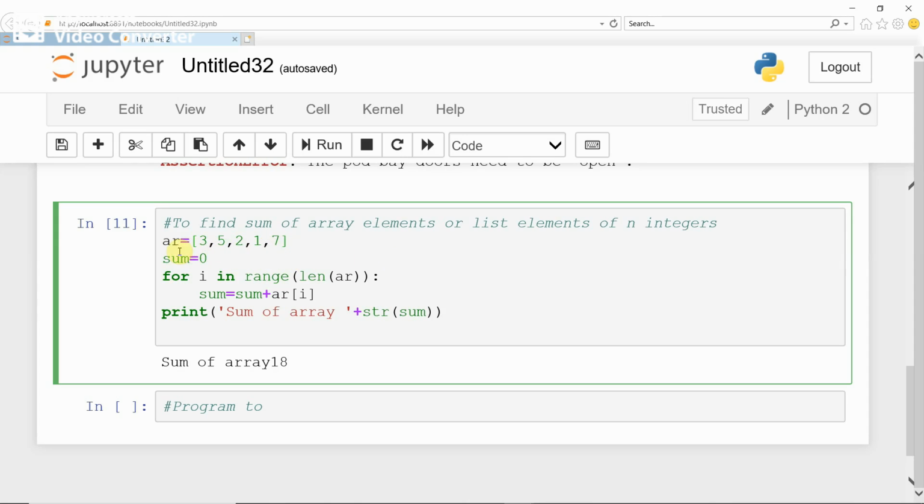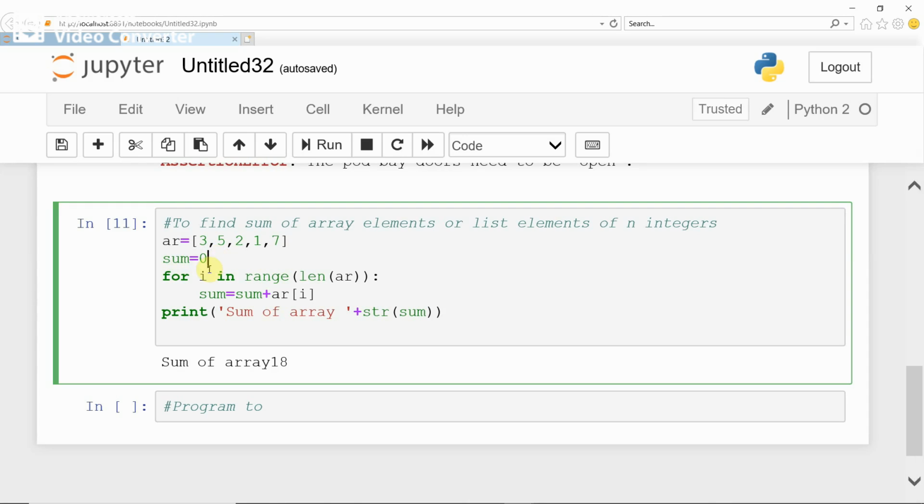Now if you are going to store n integers into the array, you can store like this. ar is the array name, equal to, in square brackets, 3 5 2 1 7. You are storing 5 elements in the list. Now at the beginning you are initializing sum to 0.